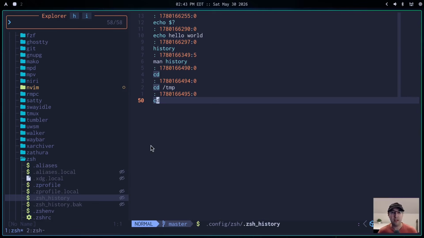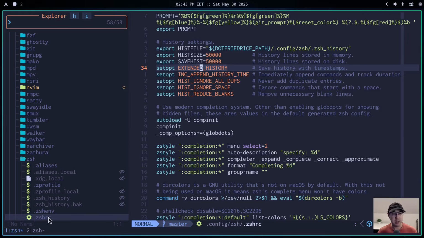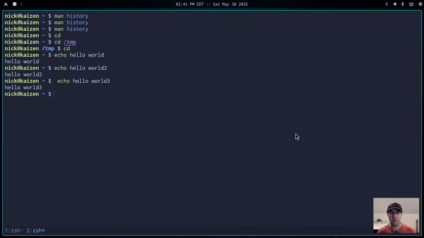That's also why it's nice to have it in a controlled spot here. But yeah, going back to here, that is ignoring duplicates, ignoring commands that start with a space. And then the last one here is just removing unnecessary blank lines. And this one is just going to basically remove some leading and trailing white space and things that don't need